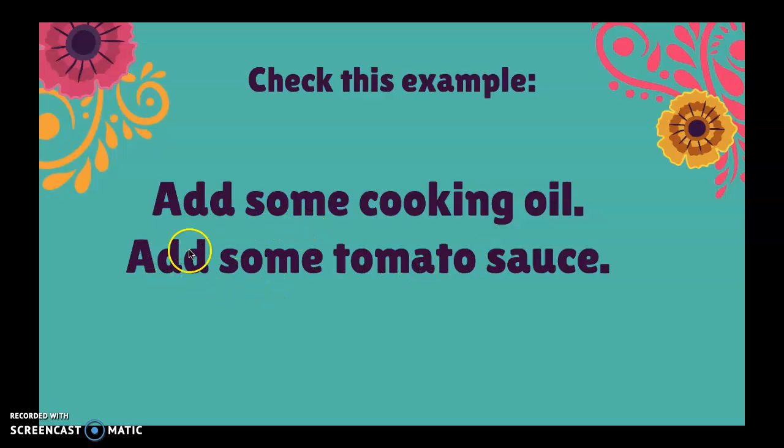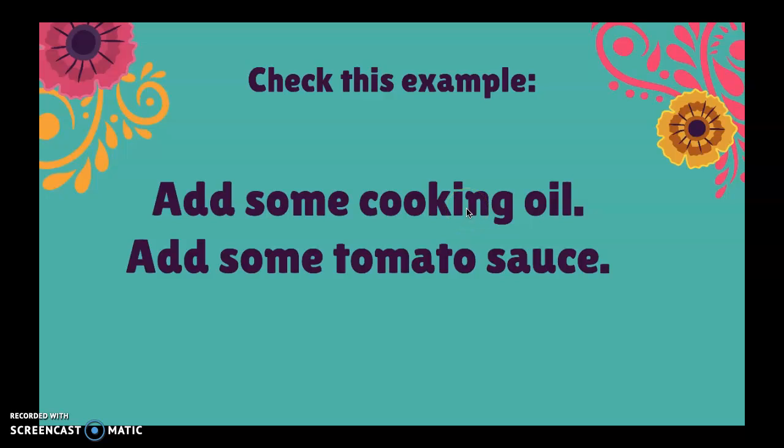Add some cooking oil. Add some tomato sauce. Now, if you try to look here, what are the words that are repeated? Yes, you're right. "Add some" and "add some". And they mean the same, right? So what connector do you think we're going to use? Yes, we're going to use connector "and". Now, if you try to look here, I use "some" instead of "a". Now, why do you think I cannot write "add a cooking oil and add a tomato sauce"? It's because cooking oil